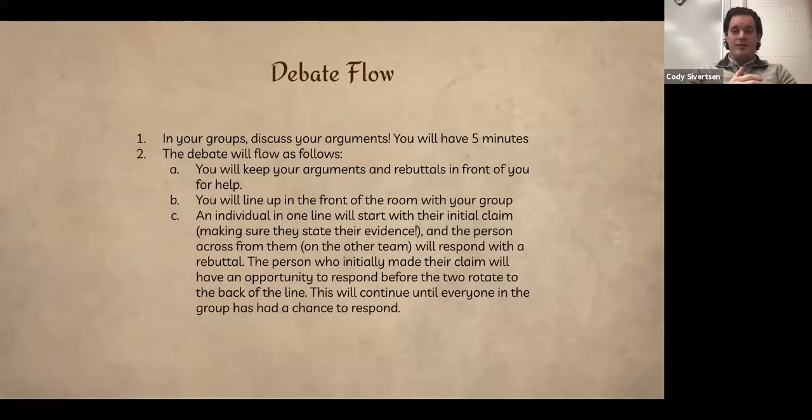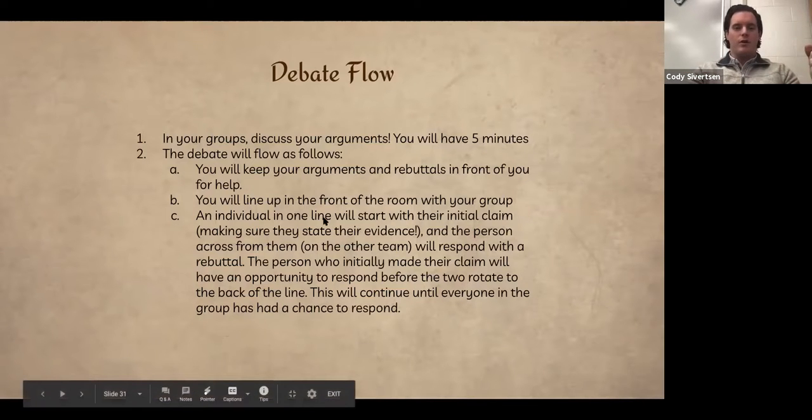These kids are 7th graders. If they step up there, they're going to forget their argument and freeze up. So I let them bring their sheet to the front of the room and read it off the sheet if they choose to. By the end of the year, they will be better and won't have to do that, but at the beginning of the year, they may have to just read it. So I'll have them read their argument, and then I'll say, okay, other side, authoritarianism, what's your counter argument to that democracy argument? And they'll give their counter argument.